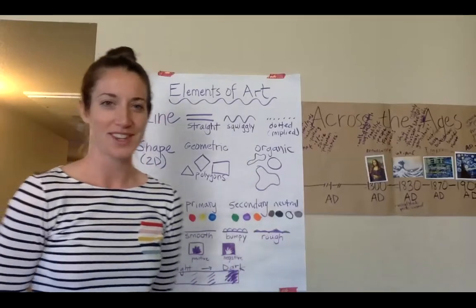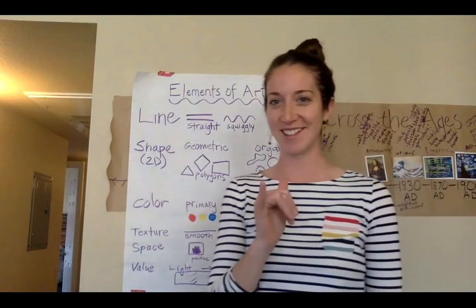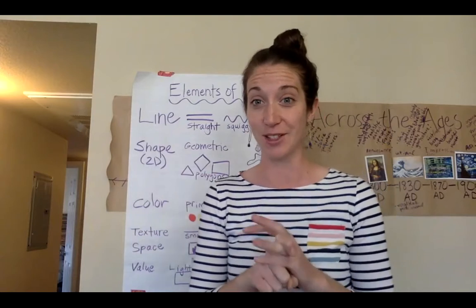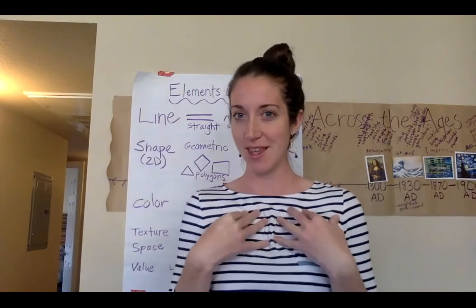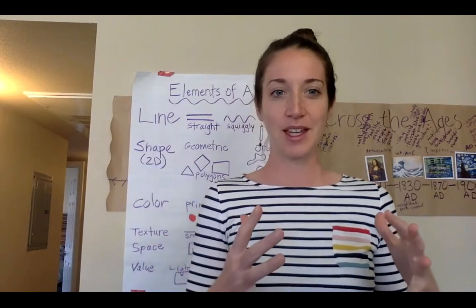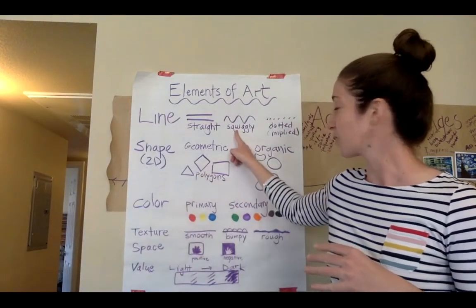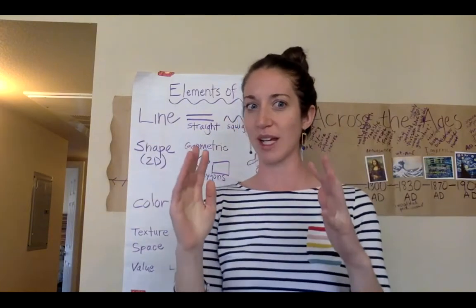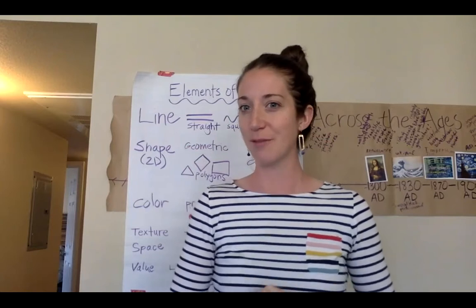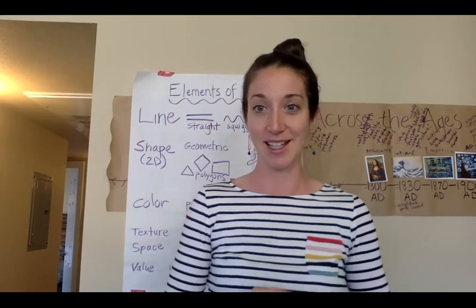So third graders, some of the things that I noticed were very bright colors. Did anyone else notice that? Yeah, I saw primary, secondary, not a lot of neutrals, almost neons, very bright colors. For me, that made me feel warm and energized, kind of like how summer makes you feel. I also saw mostly organic shapes and squiggly lines. I didn't see a ton of really straight geometric lines in these paintings. And I also noticed there was a lot of positive space, not much negative space, not much space left empty in these paintings.